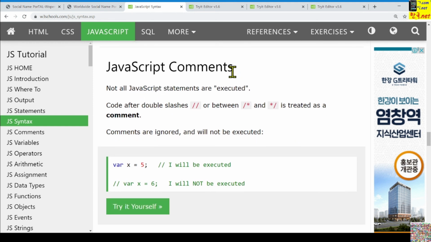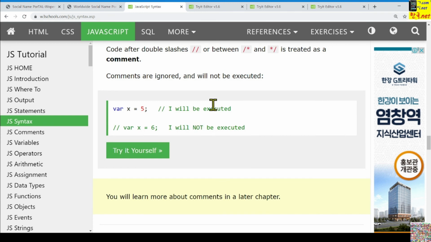For JavaScript comments, as we learned in advance, double slash or slash and asterisk, asterisk slash closing. If we are using multiple comment lines, we can use this one. Even for a single line we can apply this one, but this one is mainly for a single line comment statement.